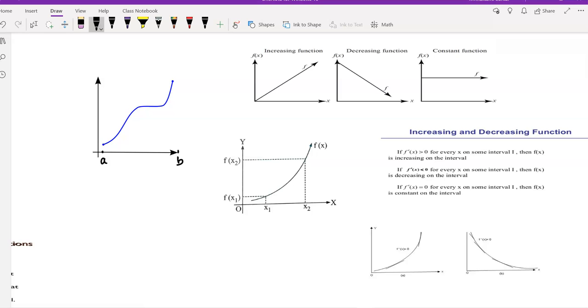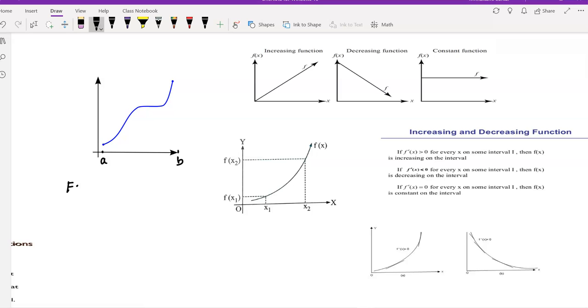So what will be your conclusion over the interval A to B? Will it be increasing or not? A part of it is constant also. That's why you will find an explanation where a function is only increasing. Only increasing means at some point the change may be equal to 0, but it will never decrease. So our first definition is going to be like this: a function is increasing